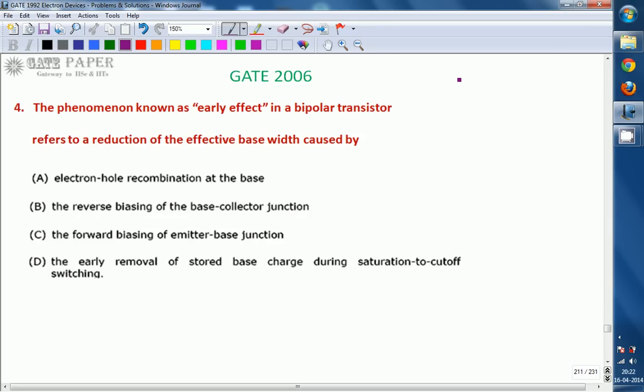Hello, we are discussing the GATE 2006 ECE paper, and this question is related to electronics. The phenomenon known as early effect in a BJT refers to a reduction of effective base width caused by